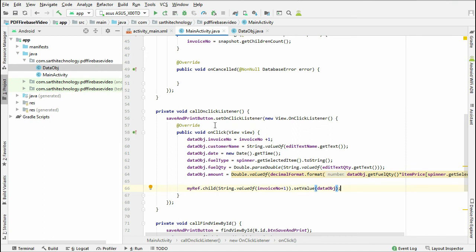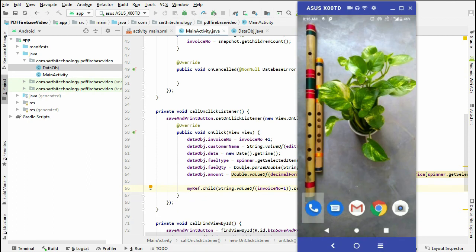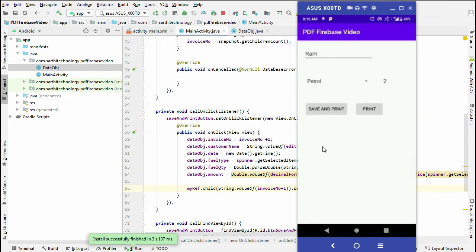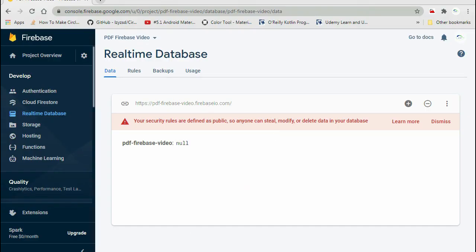Let's try to run this. Here you can see our application is running, and let's open this database.